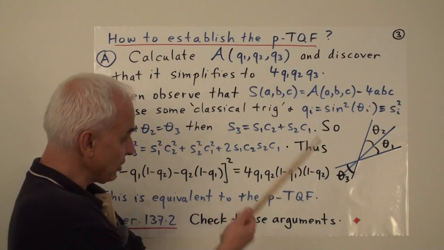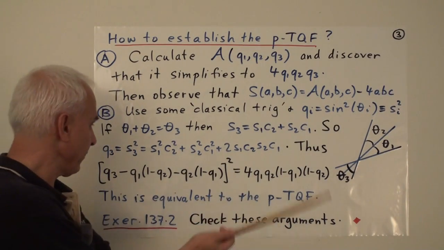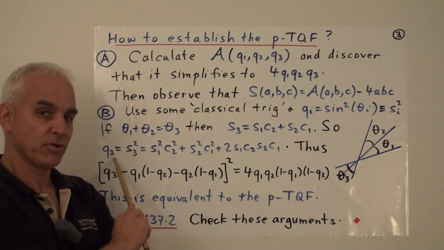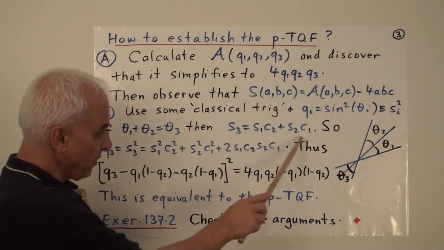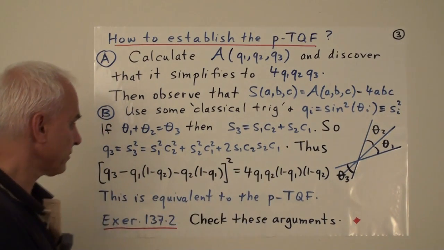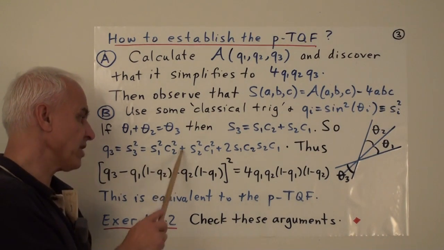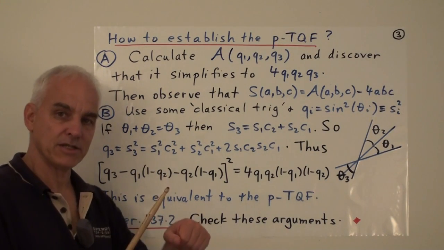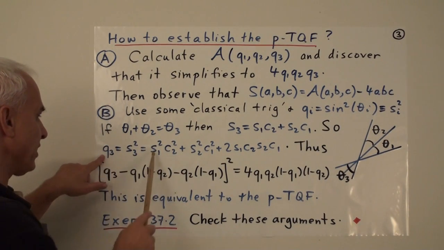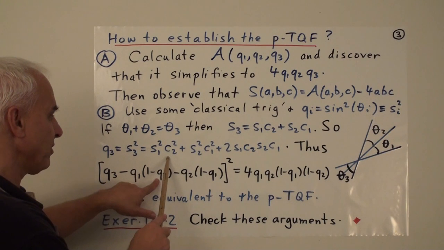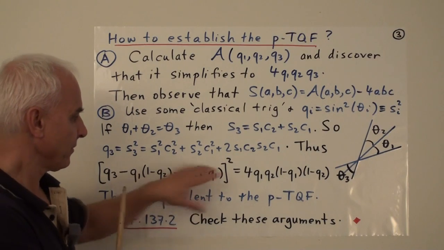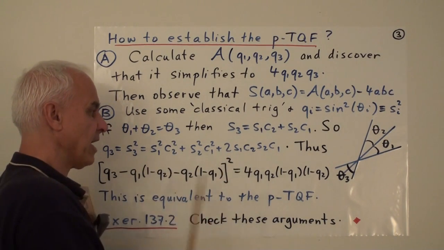Okay, so this has cosines in it, so what do we do? Well, we square everything, the usual kind of thing. So if we square S3, we'll get the projective quadrance Q3. If we square this, we get the square of this term plus the square of this term plus twice the product. Okay, but this cosine squared is 1 minus sine squared, and so is that one there. So if we bring those to the other side, we get Q3 minus Q1 times 1 minus Q2, and also minus Q2 times 1 minus Q1. And all of that on the left-hand side will be equal to the remaining term on the right.